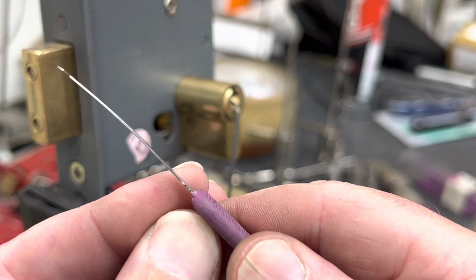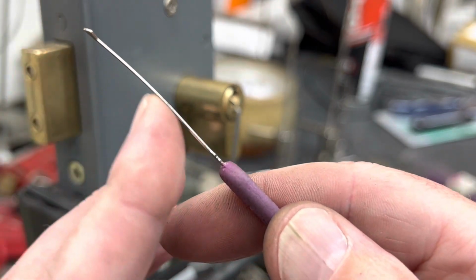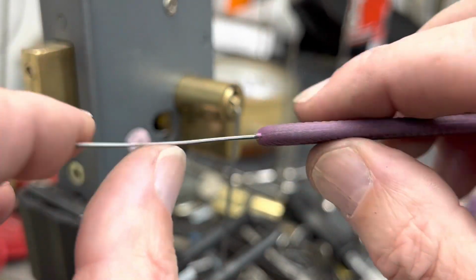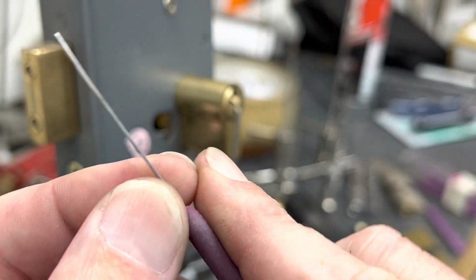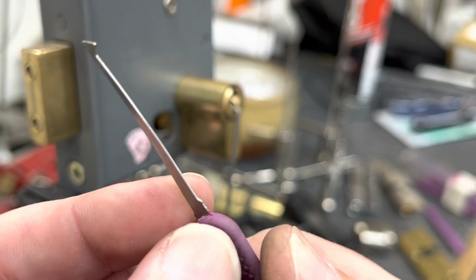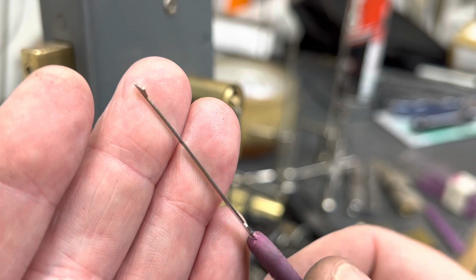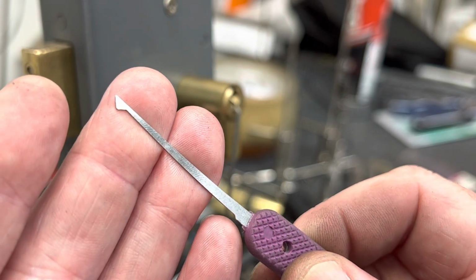So we're going to attack it. You can see in focus, it's going like a bit of banana. Half diamond Petersons, I think these are 18th. Bless it, trying to straighten it up a bit. It's the way I abuse them. But it's a classic old school locksmith pick, and half diamond is